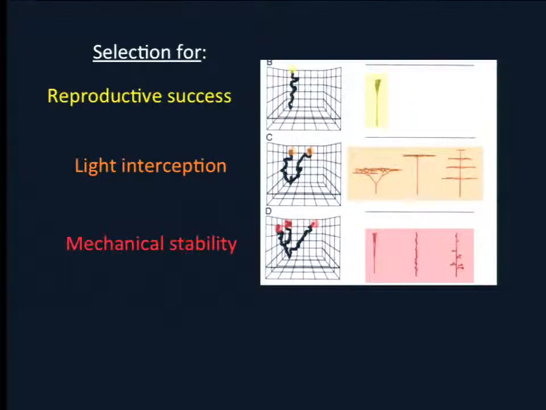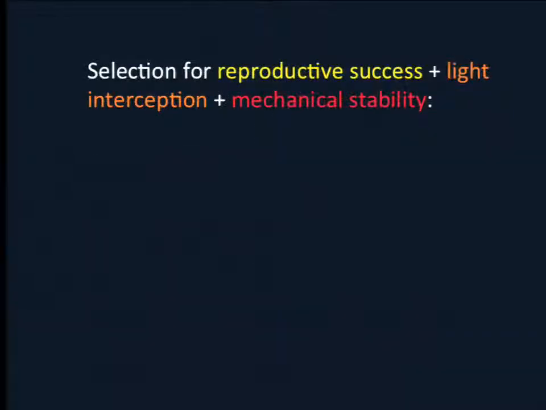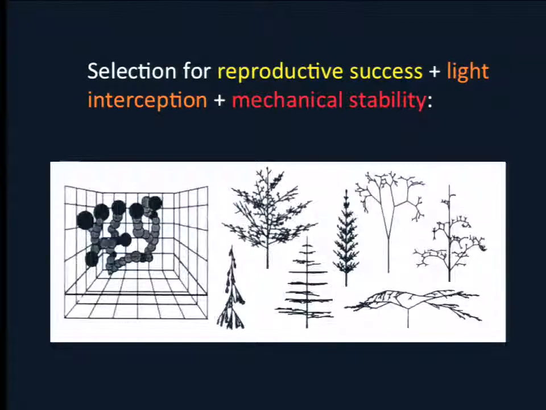So now what they did, and this is an absolutely brilliant insight, is they then ran the computer simulations selecting for all three simultaneously. So now what's going to happen? Trade-offs are going to have to set in, right? I can't both be optimal for reproductive success and for light interception. They're not compatible with each other. So what do you think happens? So evolution under simple selective regimes: few optima, simple morphologies. So selection for all three simultaneously, and what happens is the number of solutions go up and the complexity of the plants go up,